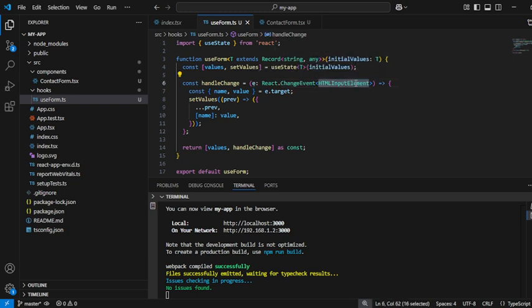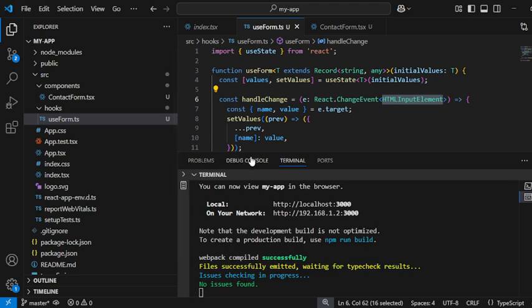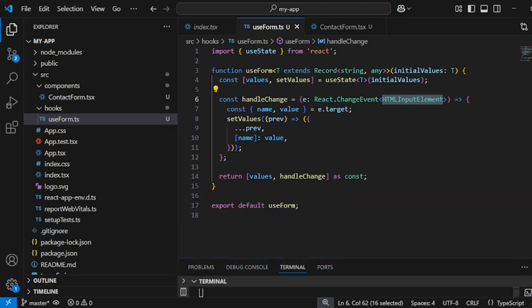Now inside this, I have added const name, value from e.target, and setValues. In this way I have created a custom hook. So now I need to export it also. Export default useForm. So this is the first step that I have done here.